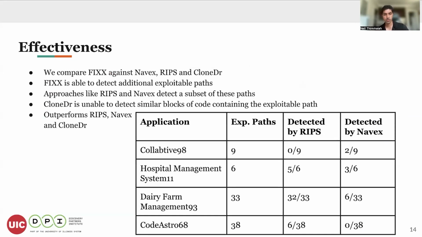Okay, so looking at its effectiveness, we also compare FIXX against 3 other approaches, NAVEX being a static and dynamic approach for detecting vulnerabilities, RIPS being a static approach, and Clone Doctor being an AST-based tool for detecting clones of code. So FIXX is able to detect multiple exploitable paths, a few of which are shown in the table here. And the approaches RIPS and NAVEX only detect a subset of these paths. And we do not present the results for Clone Doctor because Clone Doctor is not able to detect the similar blocks of code where the original exploitable path